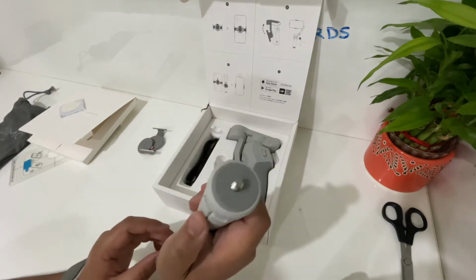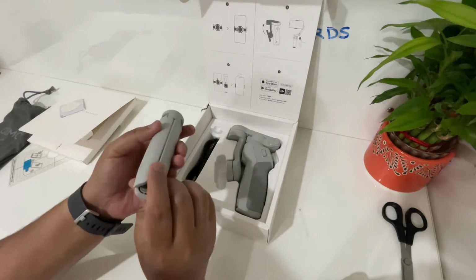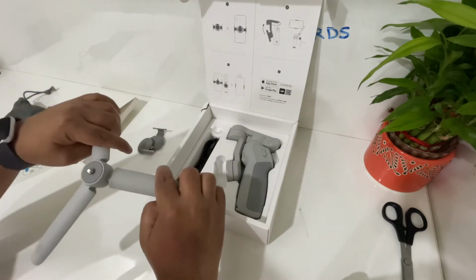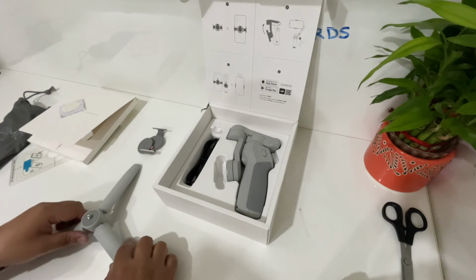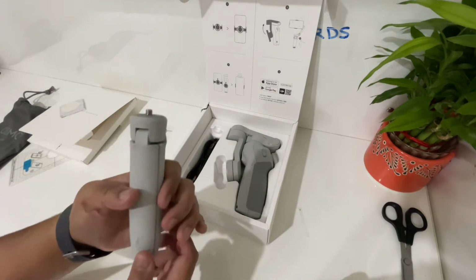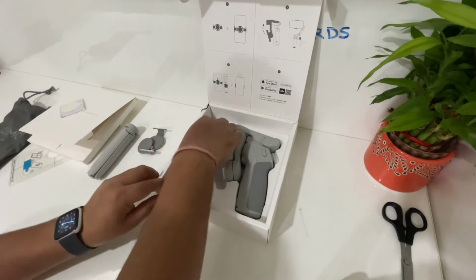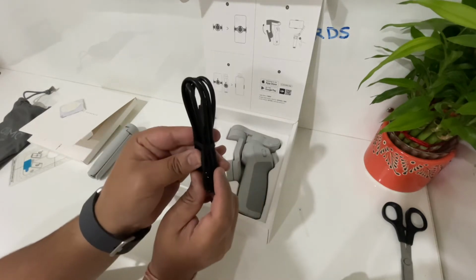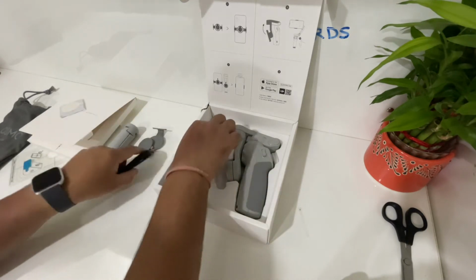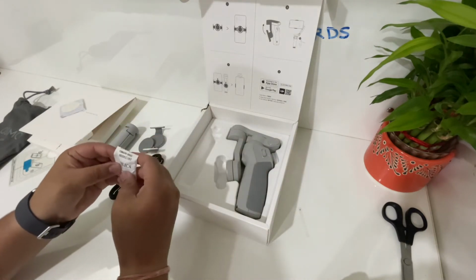Okay, this is a mini tripod, so this is very useful. As you can see, while doing some stable shot and all, we can attach this tripod to the gimbal and it will provide stability. What else? Oh, that is USB-C connector to charge the gimbal. What else is there? Okay,